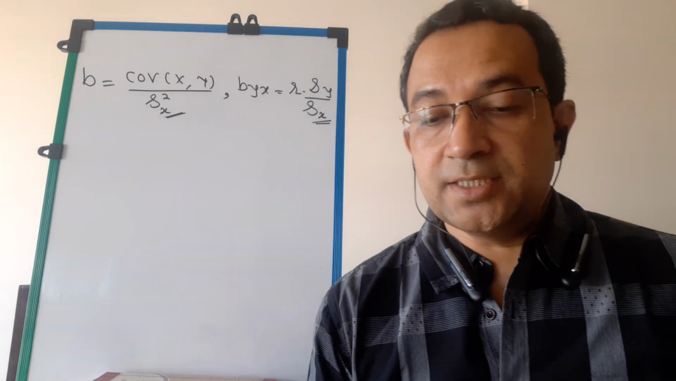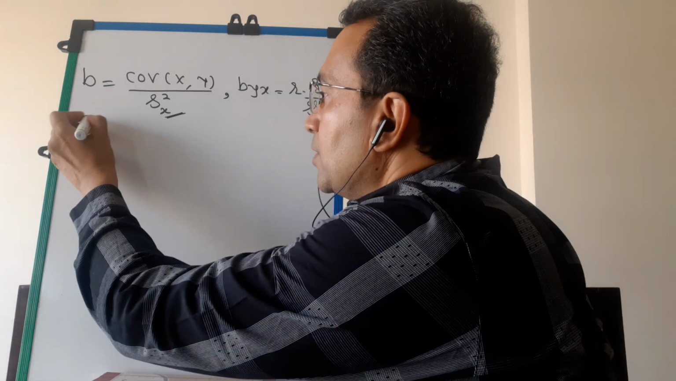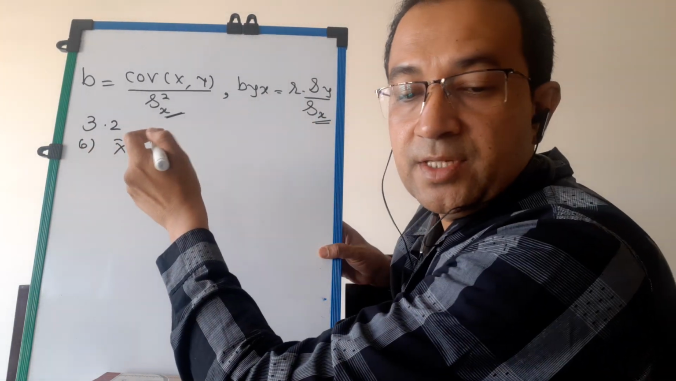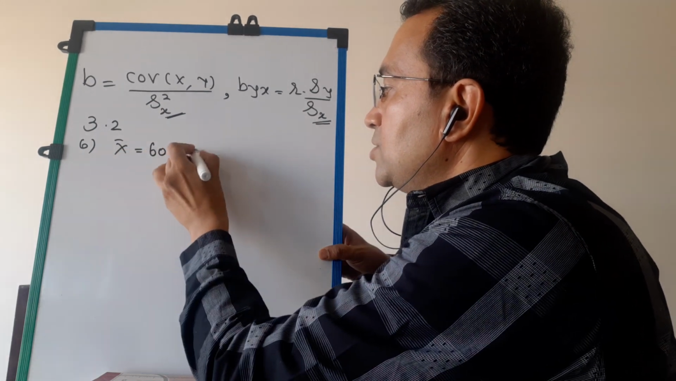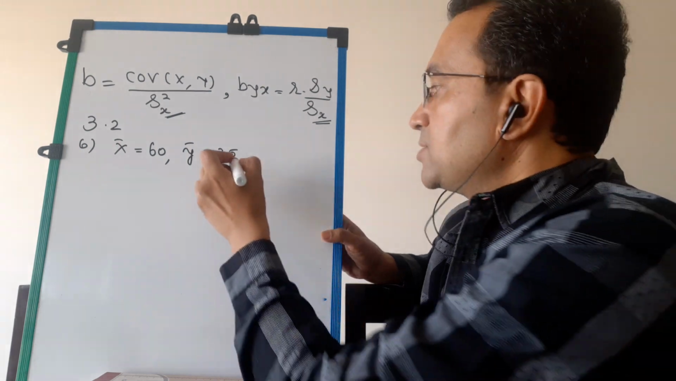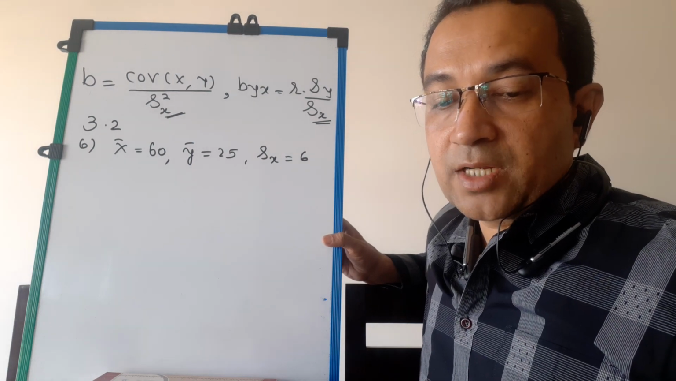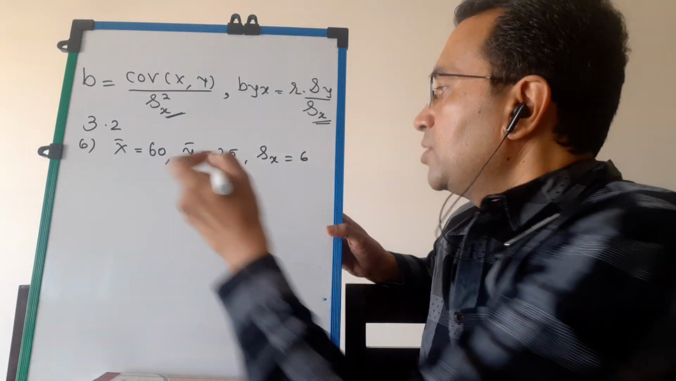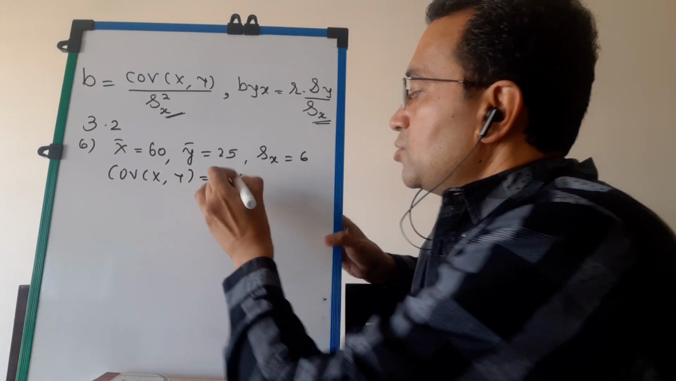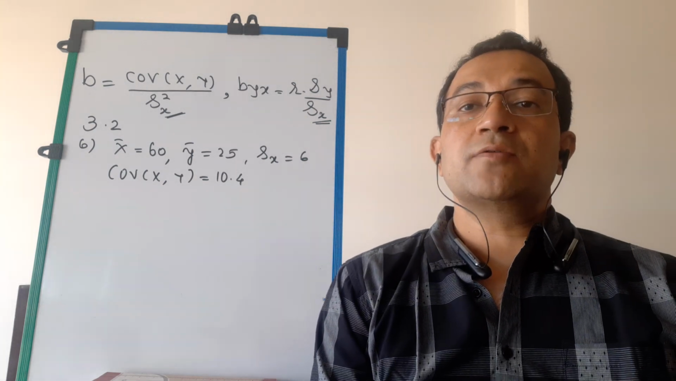If I collect the data, then mean X bar is 60 and mean Y bar is 25. Exercise 3.2, sum number 6: mean X bar is 60 and mean Y bar is equal to 25. Sx is 6, Sy is 3, as such not required, and covariance is 10.4. Students, Sy is given extra, Sy is given as 3, but we don't require Sy here, so I have